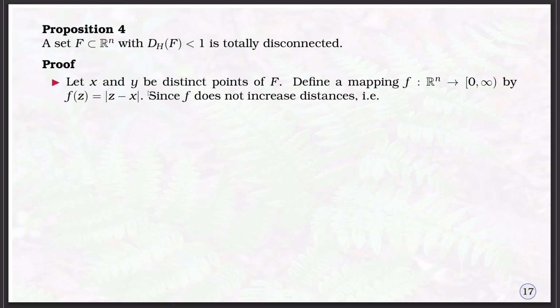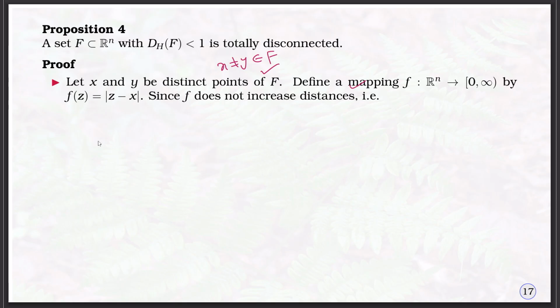For this, let x and y be distinct points of F, that means x not equal to y, both belonging to F. Define a mapping f from R^n to the interval [0, infinity) by f(z) equals the distance between z and x, that is, modulus of z minus x. Since f does not increase the distance,